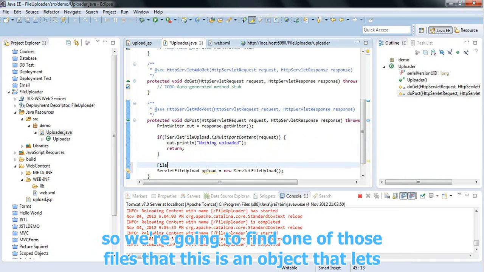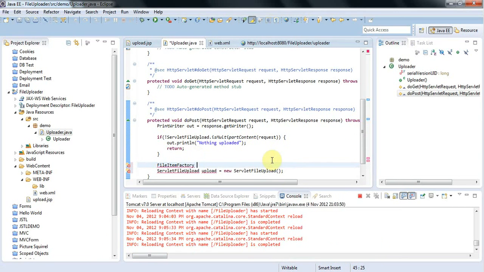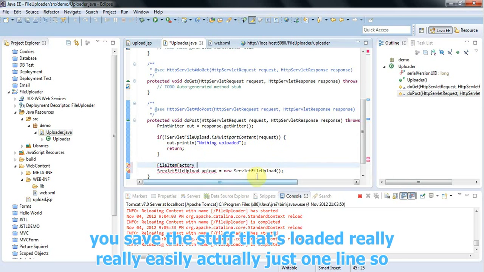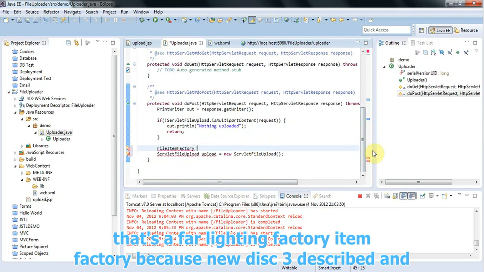So we're going to define one of those, FileItemFactory. And this is an object that lets you save the stuff that's uploaded really easily actually, just with one line. So let's say FileItemFactory